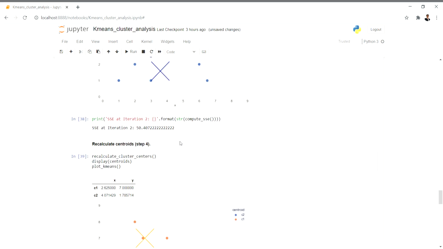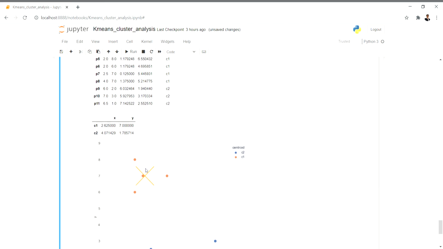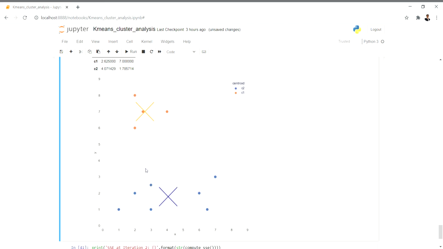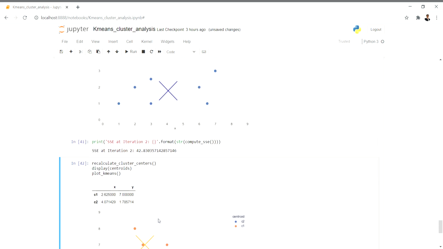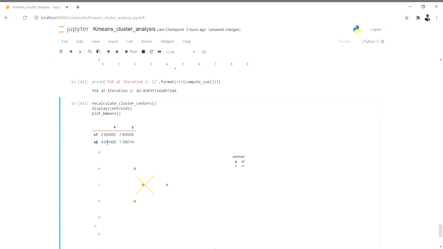So here we got 50.40. Now at iteration 3 we are getting 42.83. It's not considerably reduced, but it's better than 50.40. Okay, and then we are recalculating it again. So see, at this iteration also it is the same.